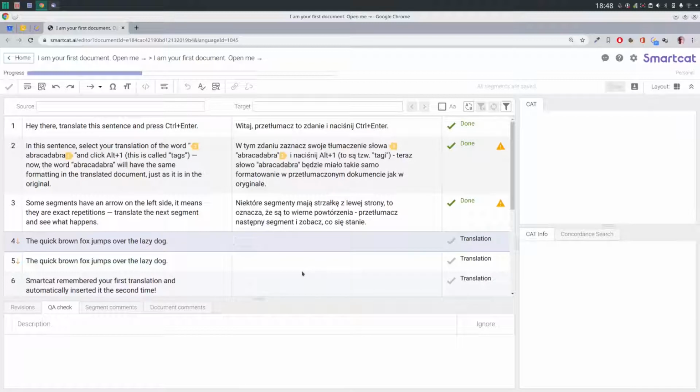So żwawy lis, because I think it sounds better than szybki lis. Żwawy brązowy lis skacze, przeskakuje nad leniwym psem. Okay,